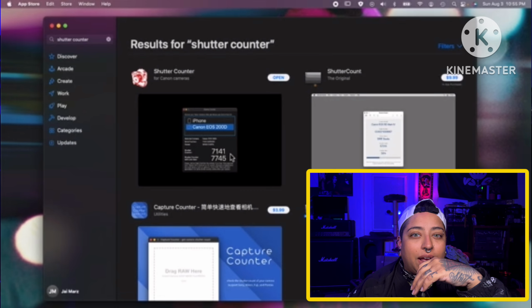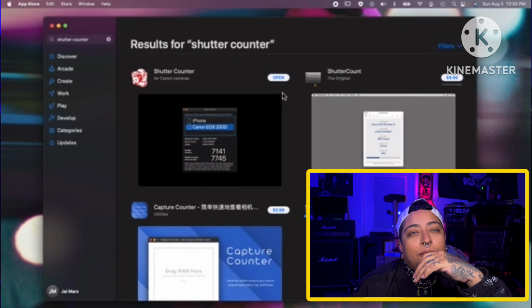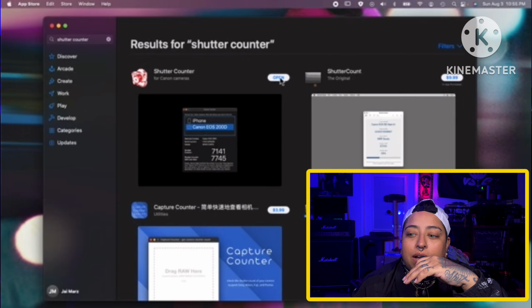That's why I paid the 99 cents. I did try a bunch of other shutter counter apps and websites, and none of them seem to work with Canon,